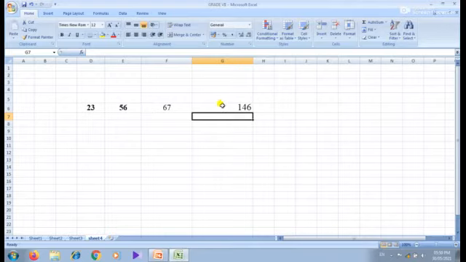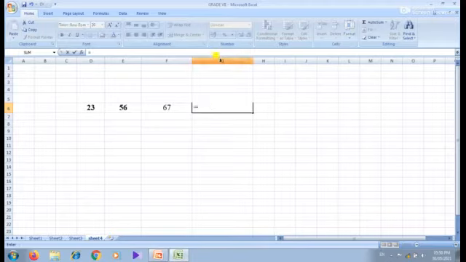This is the step. Once again I will explain. First you have to type the equal sign in the G6 cell. Then click the cell D6. Then press the plus sign. Then click cell E6.